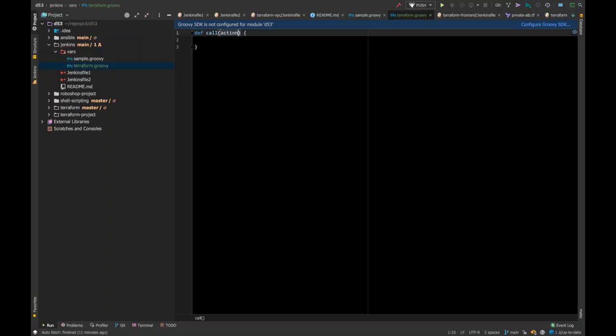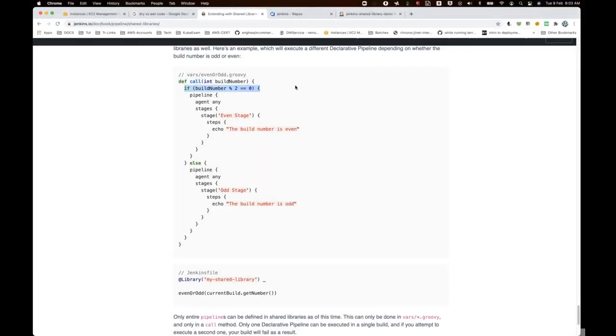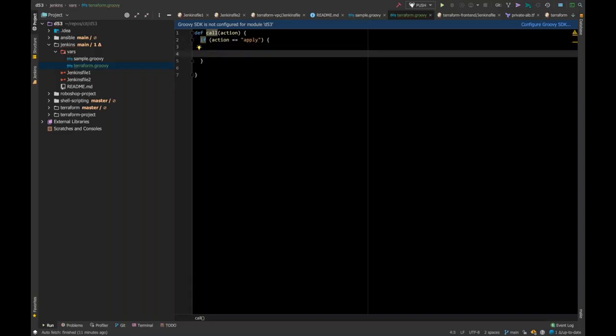Basically, I'm going to get action, so I can take a condition here. If action is equal to what? Apply. Let's say if action is equal to apply, then what I have to do here is